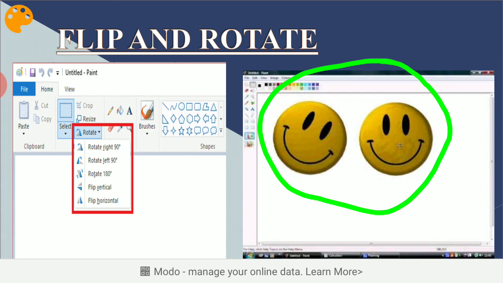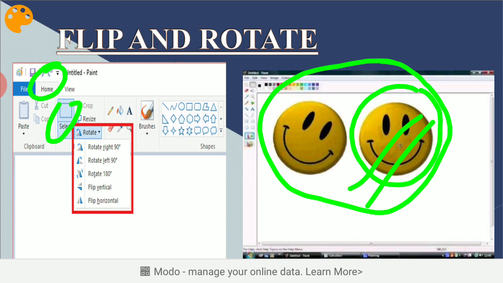Okay, so how can you rotate your image? First you need to click on home tab, then click on select the image by dragging the mouse over it. Suppose I want to select this image, this one. Click on rotate. Where is rotate? Yes, click on rotate.